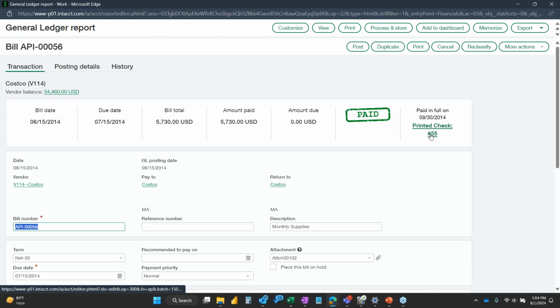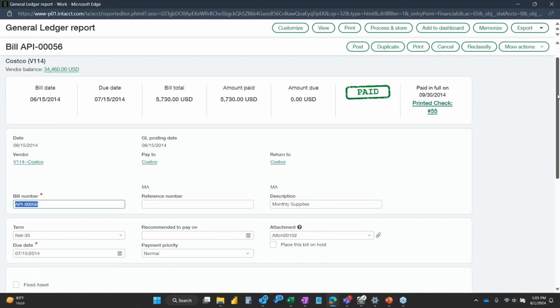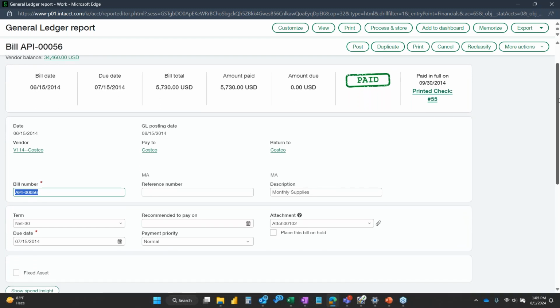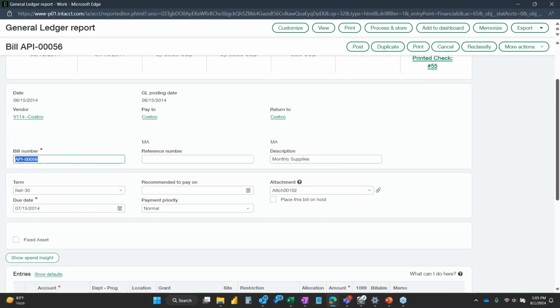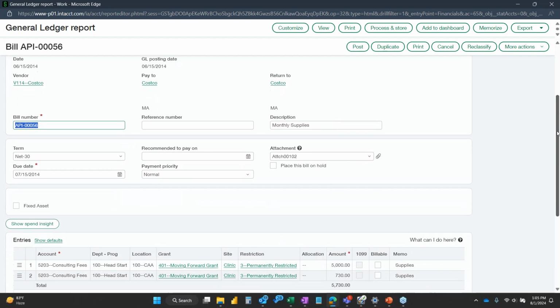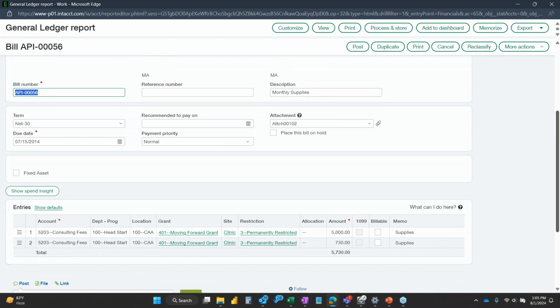There's a hyperlink to the payment method, so whether you pay by paper check, ACH to the bank, an auto withdrawal, credit card, those are all available in the system and can be recorded accurately. Some high-level information about the transaction itself: document number, descriptions, internal notes, terms. And then the real heart of the program, the meat and bones, is really in what's